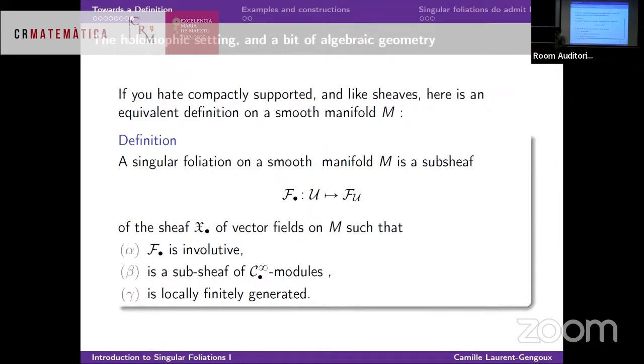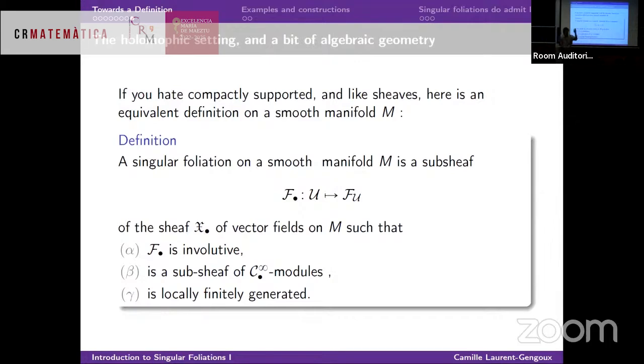In fact, probably better to use sheaves. So you are perfectly entitled to hate sheaves even more than compactly supported things. Then whenever I write sheaf, just erase it or replace it by a local one. Okay, it's enough. So a singular foliation, you can see it as a sub-sheaf of the sheaf of vector fields,